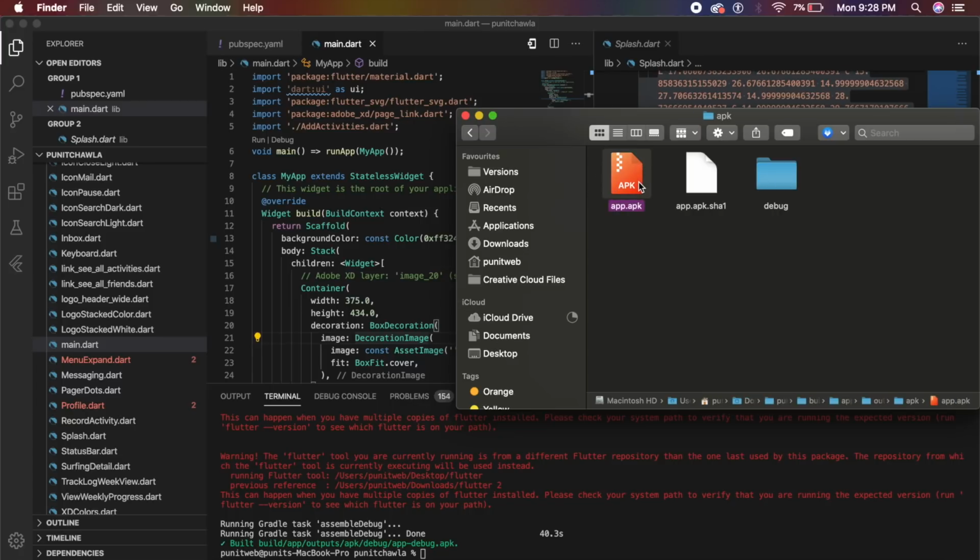You can transfer this onto your Android and click on this and install it on your Android device, and it will simply function as if it's an actual application. You might have a few problems on the way, but I'm confident that you guys will be able to build a simple 1-page or 2-page application.